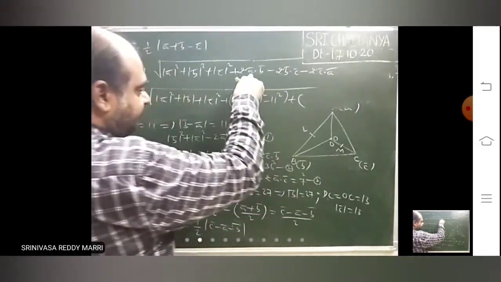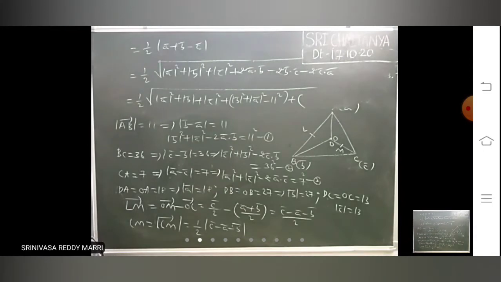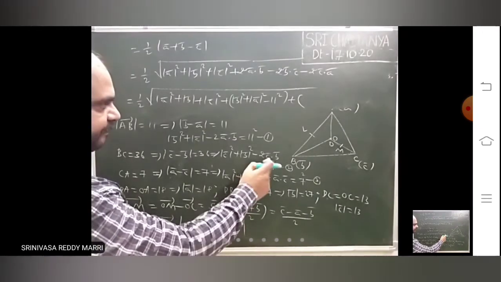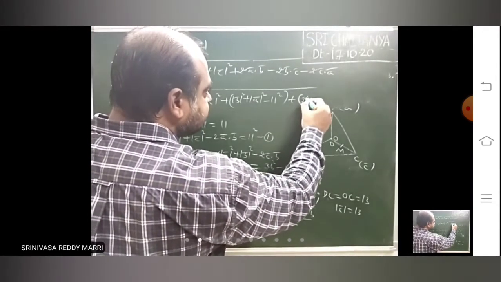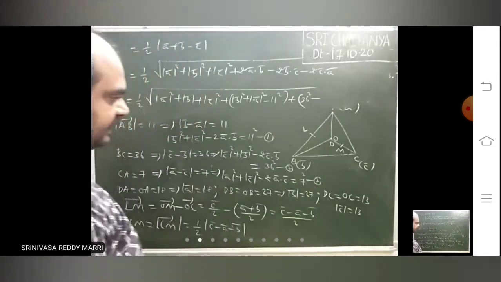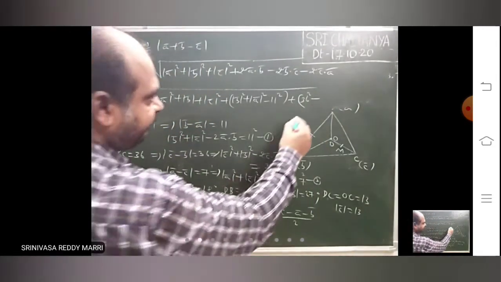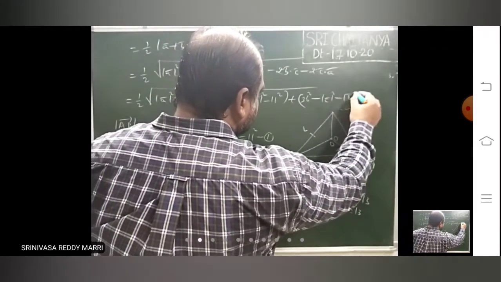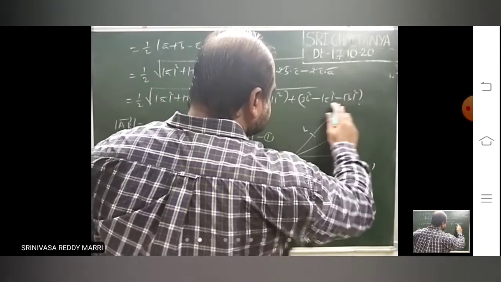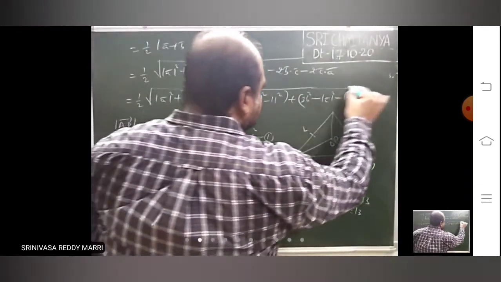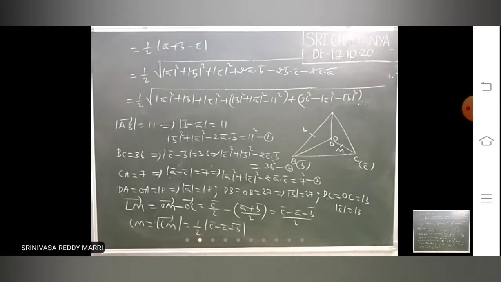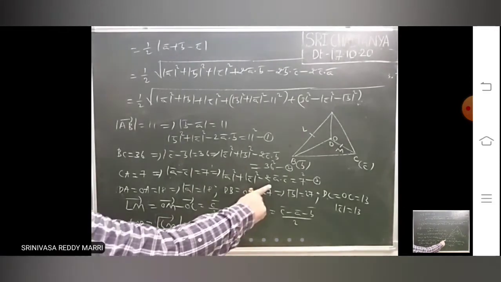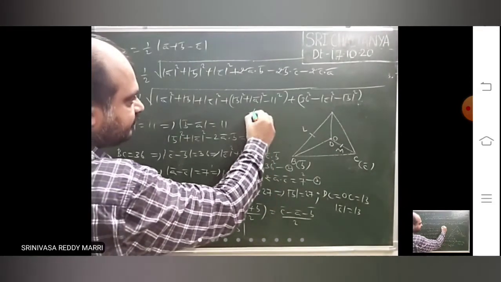Then in place of minus 2B dot C, minus 2B dot C is nothing but 36 square minus from 2. B dot C is nothing but this. So similarly from 3, minus 2A dot C is nothing but